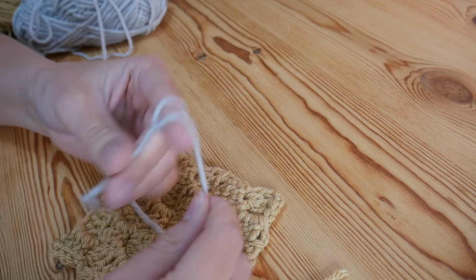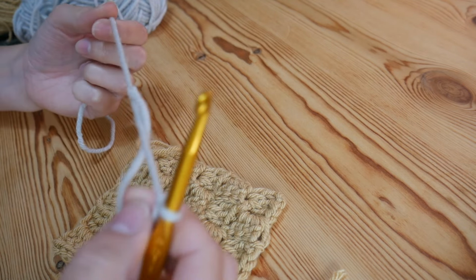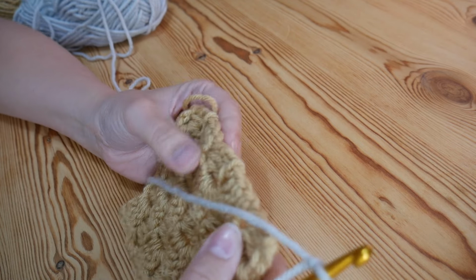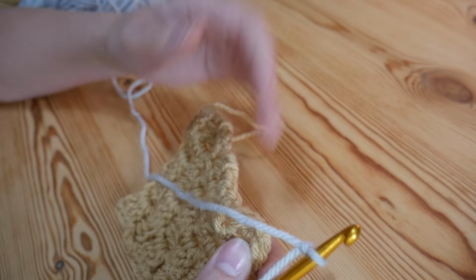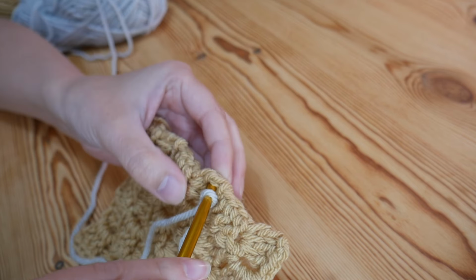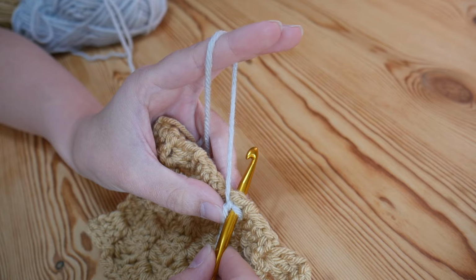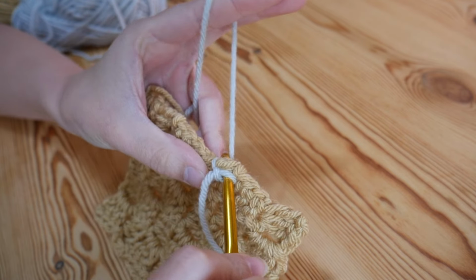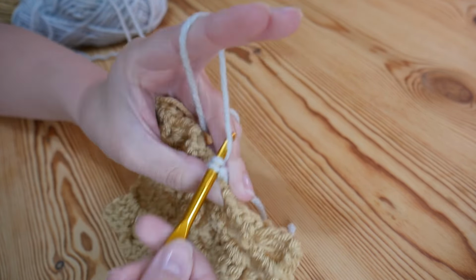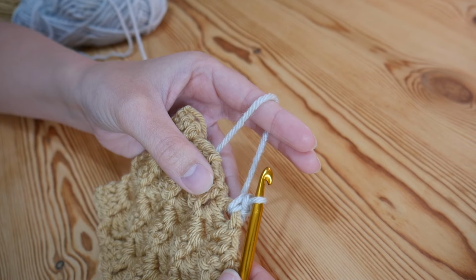So I'm going to start with a standing double crochet, and to do that you start with a slip knot on your hook. Now you can start anywhere on your project that you like. I'm just going to start around this stitch just here. And to do a standing double crochet, you just want to yarn over and pull up, just move that tail, and yarn over and pull through both loops on the hook. So that is your first